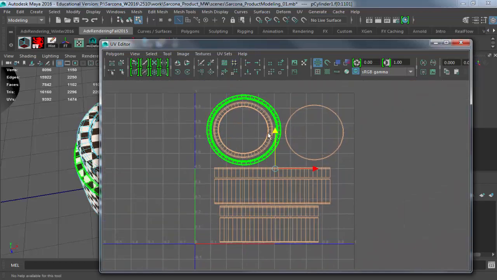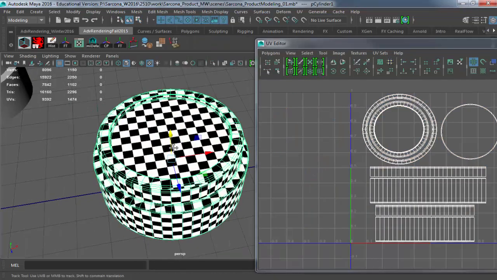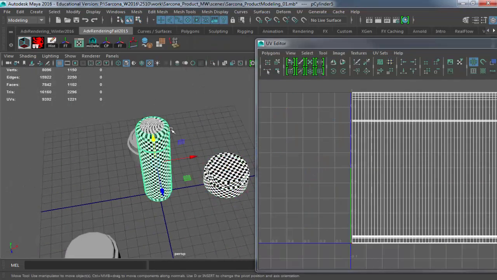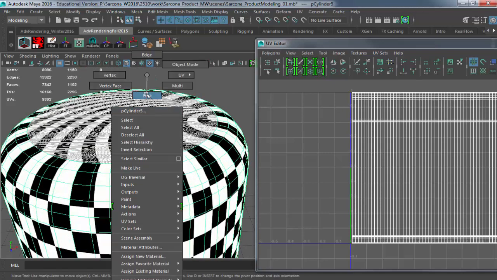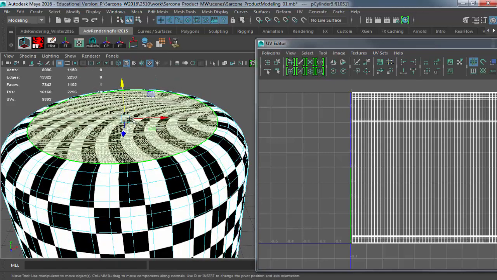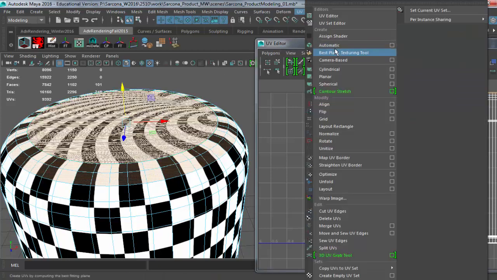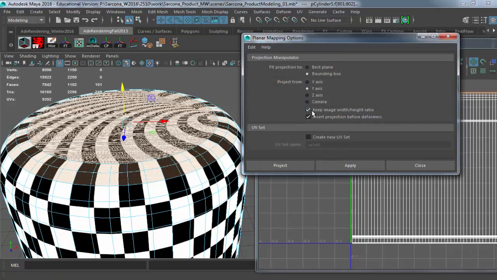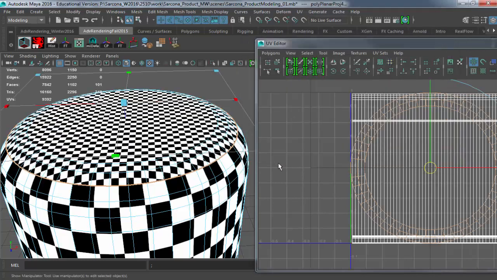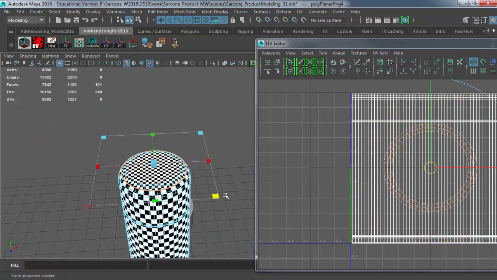So I'm just going to squeeze it down a little bit. Okay, so now let me do that same thing to this guy. Now he has a very similar setup, so I'm just going to grab the top here, Shift greater than, to grab the top couple ones that are facing up, planar map it, make sure bounding box Y and keep image height width, and scale this up